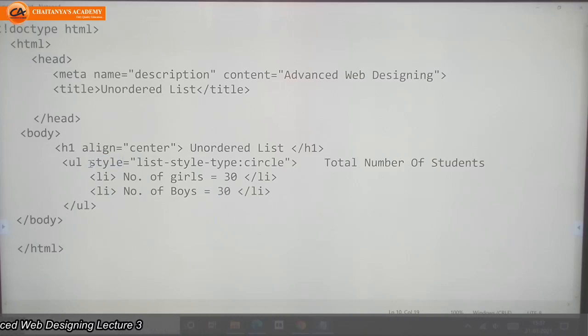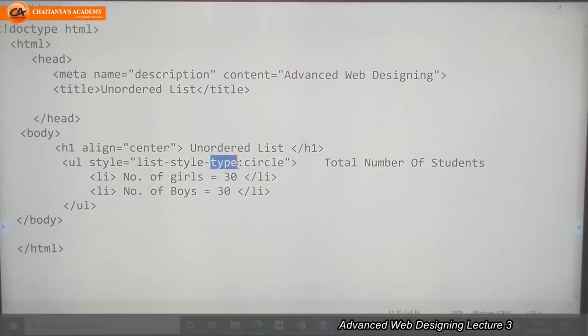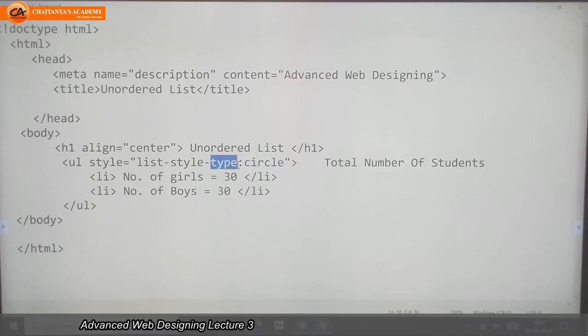In earlier HTML, we were able to use the type attribute directly, but in HTML5 we can't use the type attribute directly. So for that purpose, we need to use inline style, where style is used as an attribute.